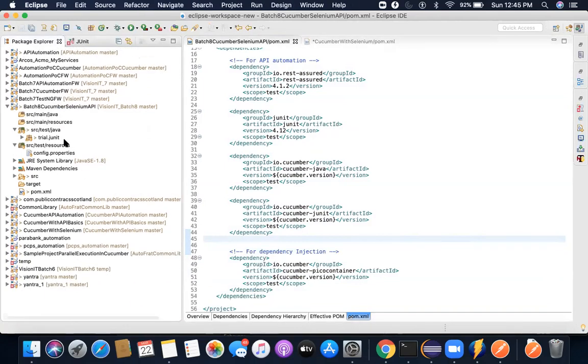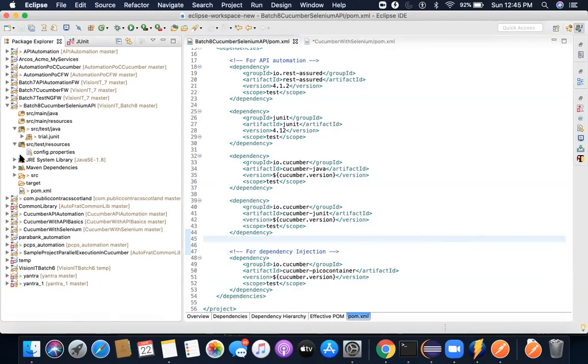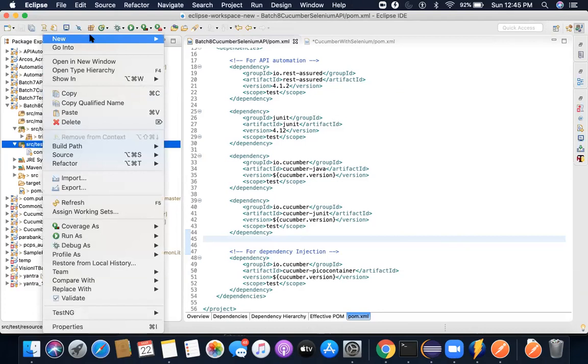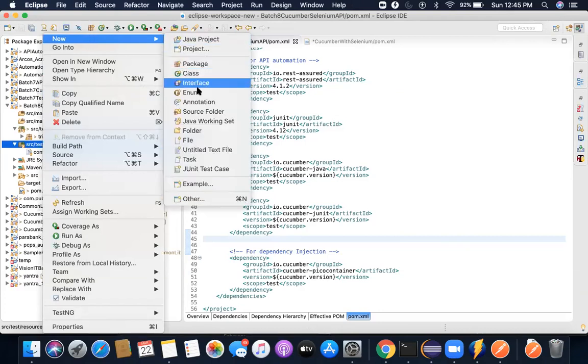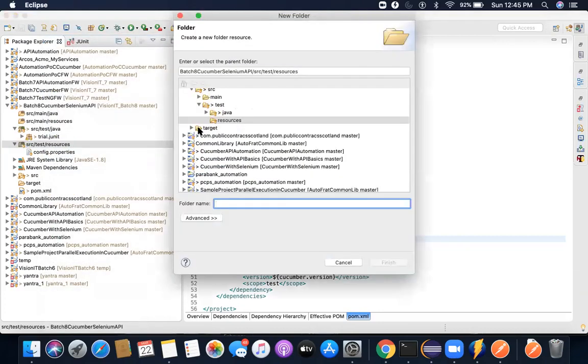Now the next step is to create a feature file. So where will you go and create a feature file? It's always, as I said, a feature file, it's not a Java file. So all the non-Java files are to be added inside src/test/resources in Maven. So right click, create new. I'll create maybe a folder, and I give it the name features,